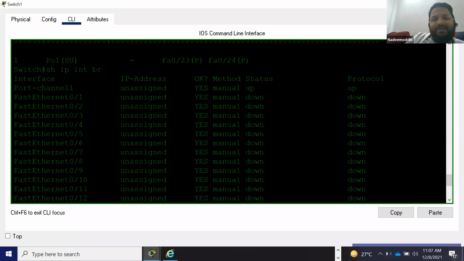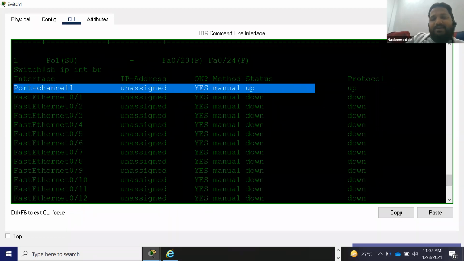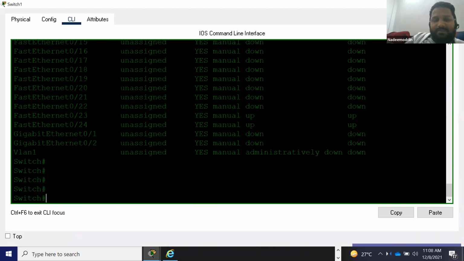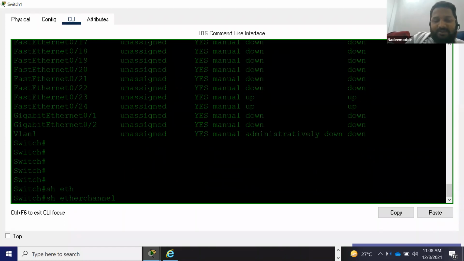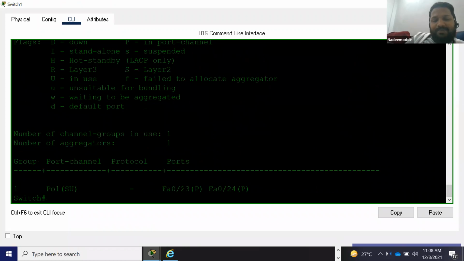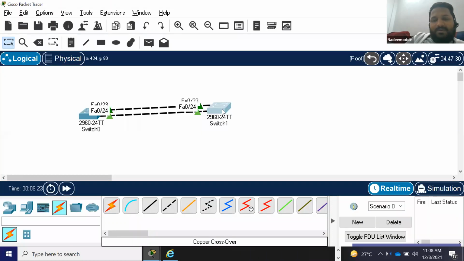Okay, it's here. See, port channel. This is the logical port which is showing up. You want to see what is in the port channel? Show ether channel summary. See, and they are on. So if you look at here,